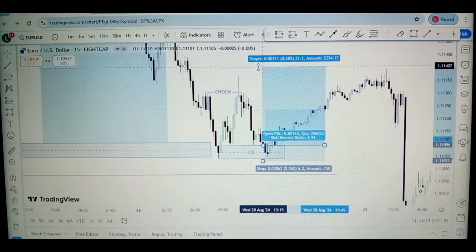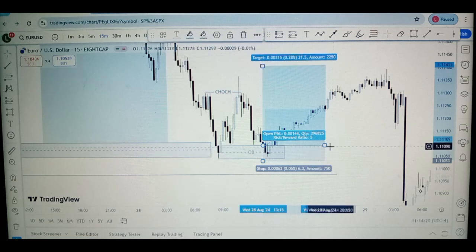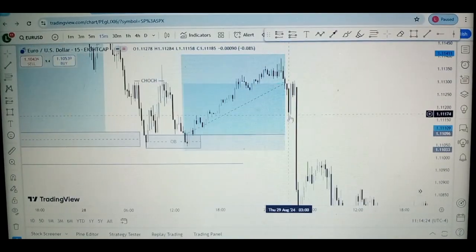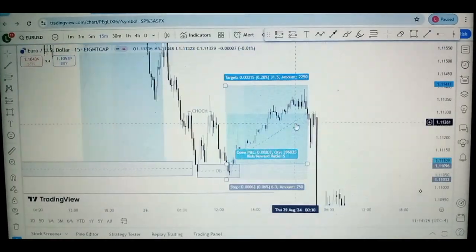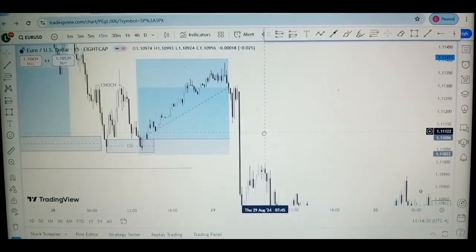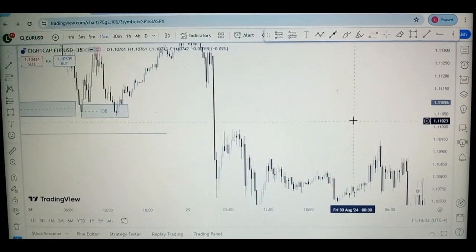We were close to that 1 to 5, but we got stopped out because I put my whole TP at a 1 to 5, and it didn't reach it. So guys, moving on,